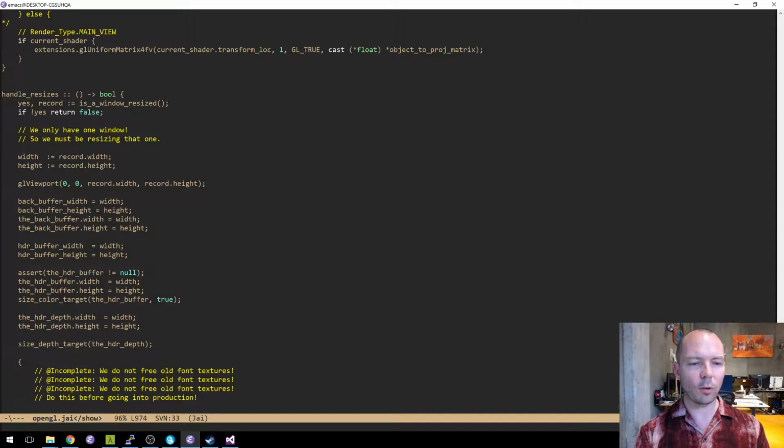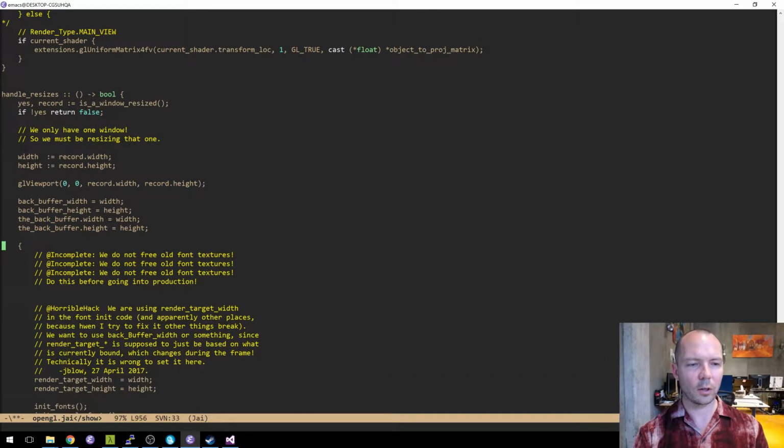The problem is there are things you want to do when you resize. Like we don't have this HDR buffer stuff.